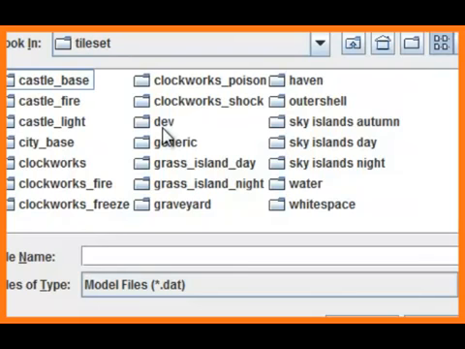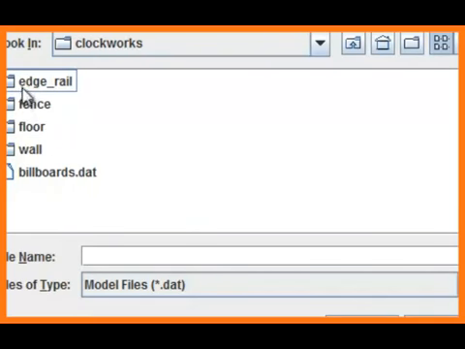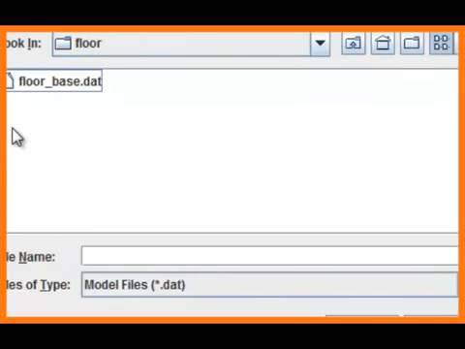So you go into your tile set and you find the variant that you want to match your skybox. So we're doing clockworks. I'm going to pick clockworks. And then I have a bunch of options here. You have 4: floor, fences, edge rails, and walls. And I'll show you what each one of them are, and I'll show you how to move them around in the set. So I'm going to start with a floor, because my knight is floating right now,